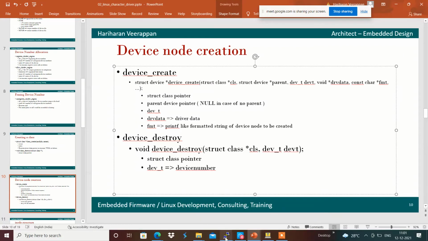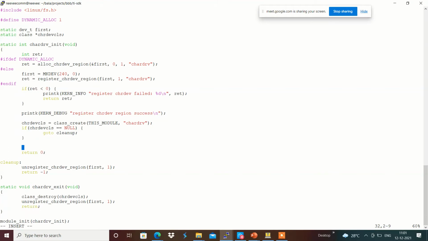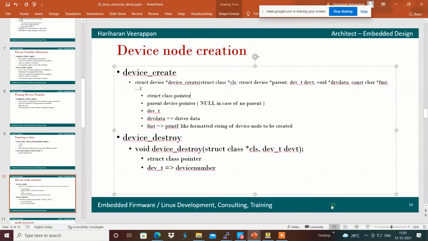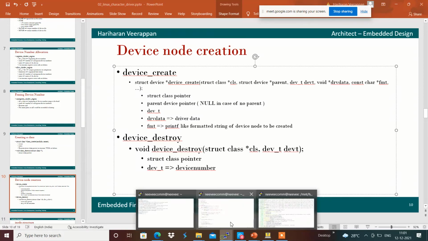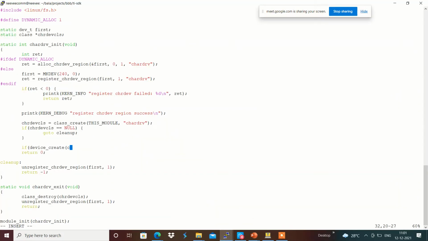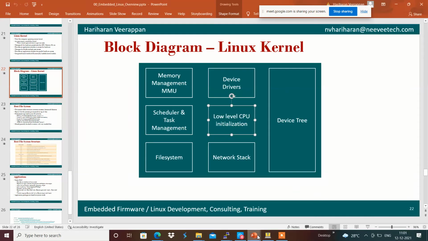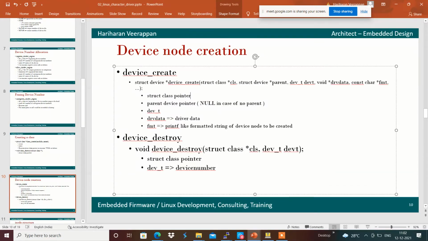I'm going to use if device_create, and the first argument is the class. I'm going to give the class name, chrdev_cls. Then the next argument is the parent.